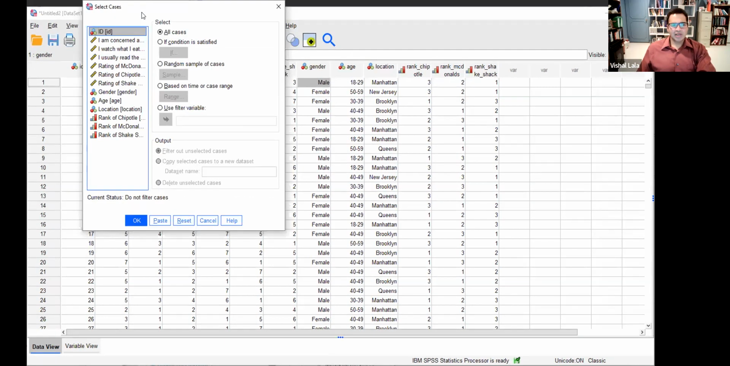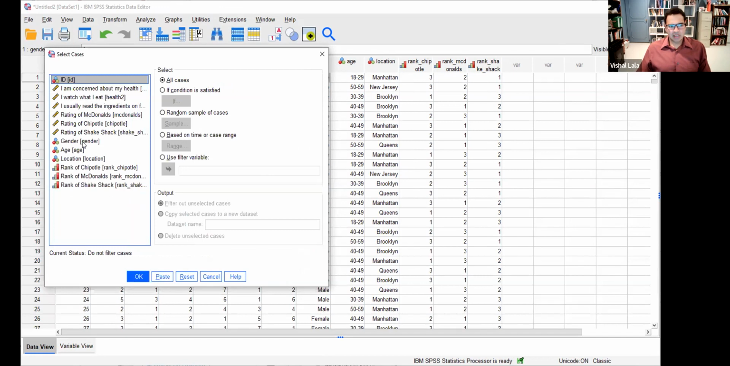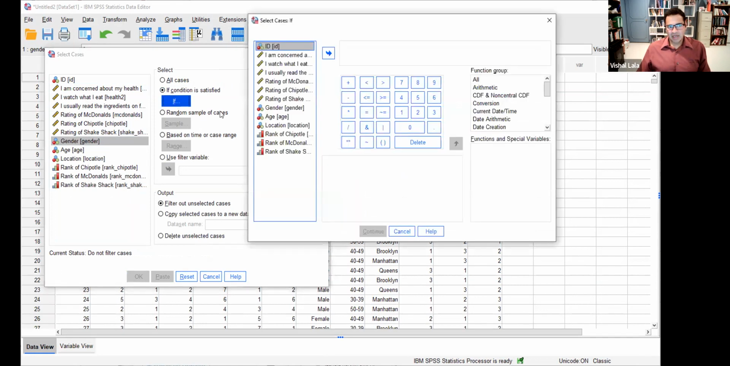Okay, so when I hit Data, Select Cases, a window pops up, and here is where I can specify a condition. The variable of interest here is gender. I'll select gender. And now from the right, I'm going to select the radio button for If condition. Then I'll click on the If button, which will pop up yet another window. In this second window, a dialog box within the dialog box, I'm going to specify gender equal to